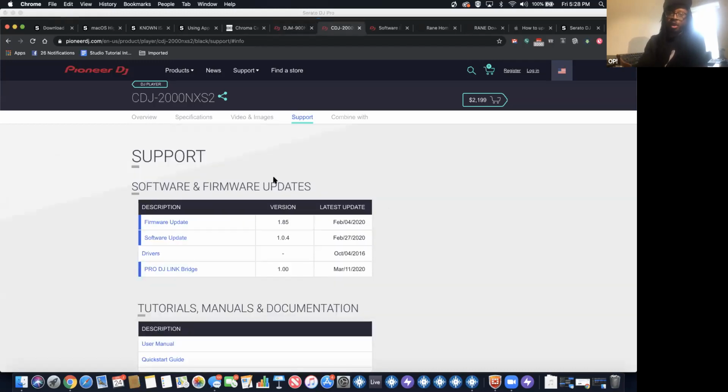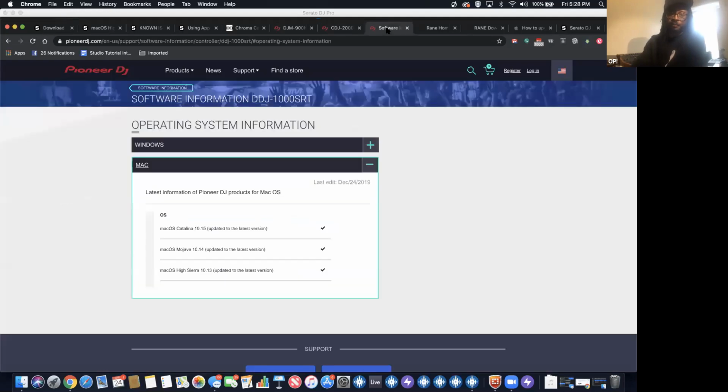Right? Firmware is also super important for the CDJs as well. So it's not just the mixers, but it's the CDJs and it's also the DJ controllers that you're using as well. Again, the manufacturers make the updates for anything that's a bug. They'll fix it on all the different hardware across the board, right? Again, we talked about the operating system stuff that you want to be careful about.